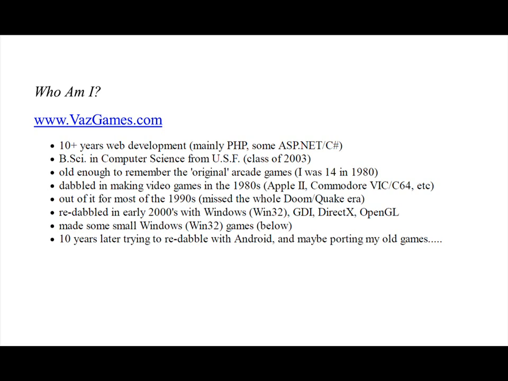And then I made some small Windows games, as you saw, those three. I said below, I meant the previous page. Anyway, I made an OpenGL tank game. It's all there at vazgames.com, actually /retro. So you go to vazgames.com, near the bottom there's a link that says retro games, and that's all my